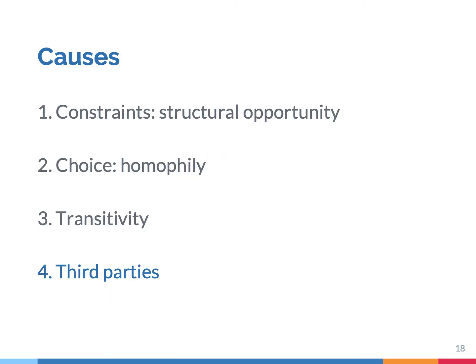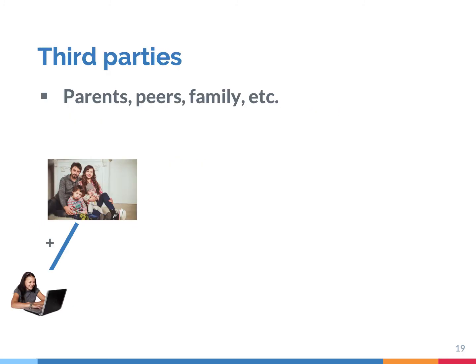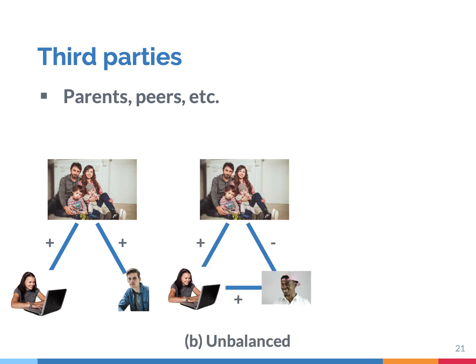Finally, third parties can cause group segregation. Third parties can be parents, peers, and others in the social environment. According to third-party theory, these people may interfere with the relationship between two persons. Suppose these are Amy's parents, and assume that they prefer that she marries someone from the own racial group. It would then be hard for her to date someone from another racial group, even if she really likes that